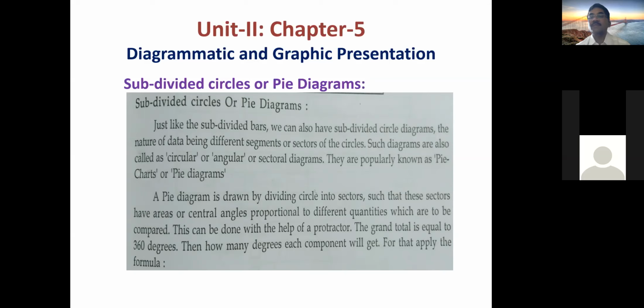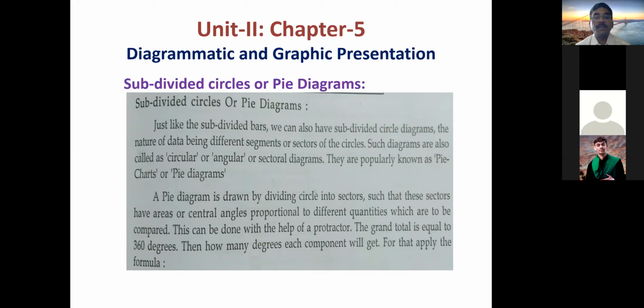If you take a smaller size of pie chart and you give more inputs, more variables, then it is not possible. It is not visible. So when the variables are increasing, the pie chart size also must be increased. Then only we can identify different variables in one pie chart. That is what I have to tell you. Then how many degrees will each component get? Each component and each variable depends upon the number of variables. There are 5 variables, say for example. It depends upon the variable measure. Again, you have the measurement of the variable.